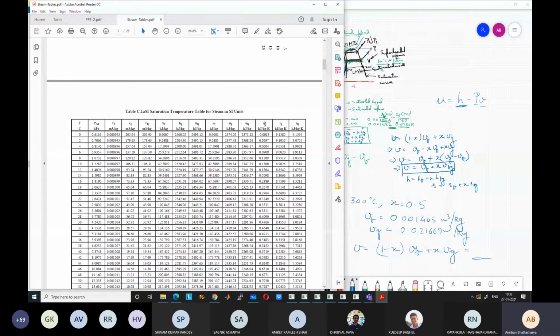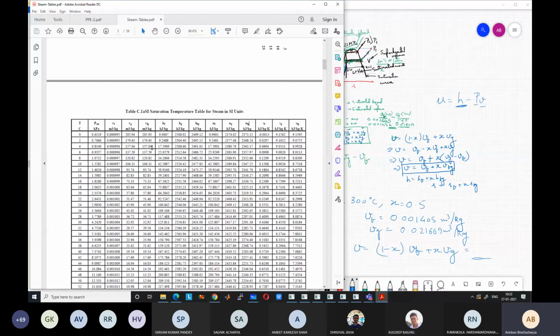Now, one important point that I was stating previously: if you interchange tables, taking one value from one table and another value from another table, your calculations may become wrong. Why? Because these tables are generated with a certain reference point. For example, take the enthalpy values Hf, Hg, Hfg. You cannot say at which point Hf should be 0. Some point is arbitrarily taken at which Hf is 0.